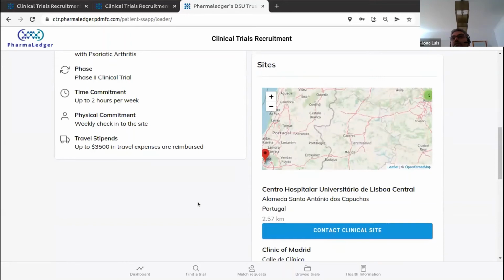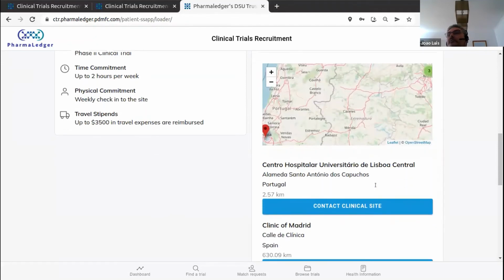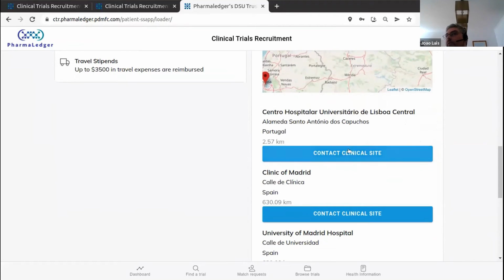Now, so far, I've matched a few trials, but I haven't shared any data with any site. So far, all this data is not available to any clinical site and never to any sponsor. If I want to make my answers available to one particular clinical site, I must press here the Contact Clinical Site button. I will choose the one near my house,